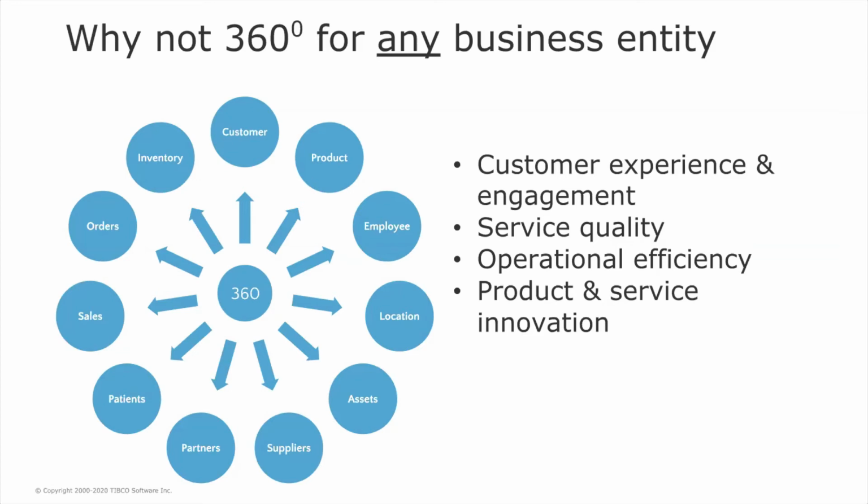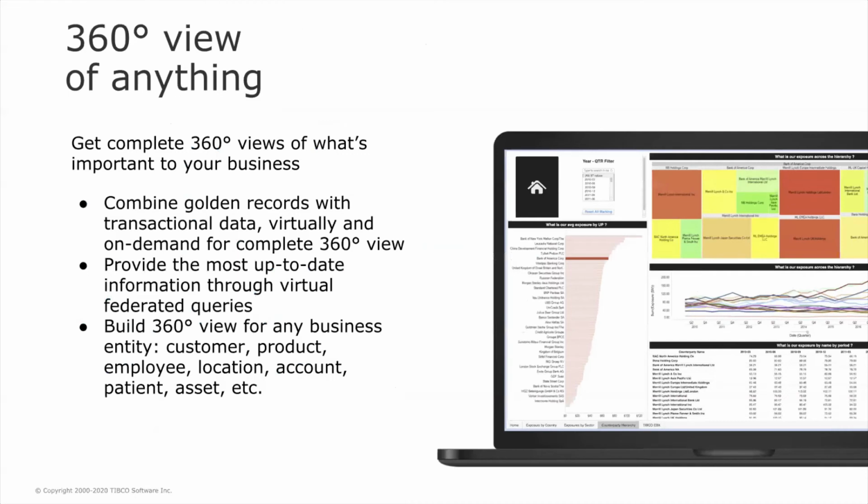Let's not think about siloing the kinds of 360s, but let's build a more robust, modern architecture to look at bringing all that information together in a way that allows you to see the intersections between these key business objects. So, basically the 360-degree view for anything is really about getting 360-degree views on what's important to your business. And the reality is what's important to your business is going to depend on your business. Right? For services companies, suppliers, probably not such a big deal. But for manufacturing companies, suppliers and materials management are very important. Same thing could be said about customers that sell B2C versus B2B.